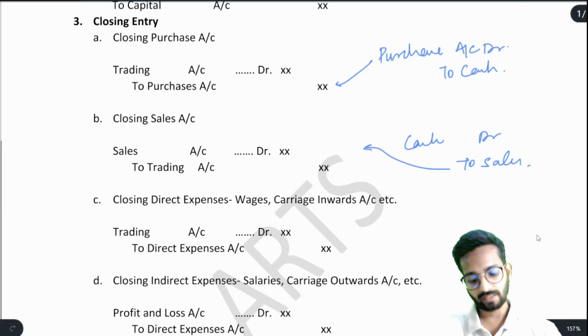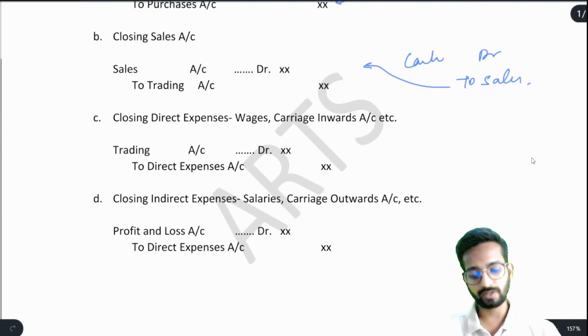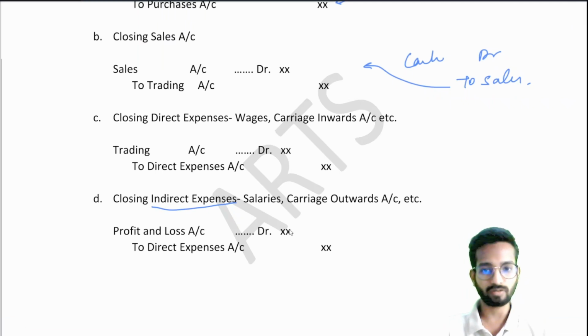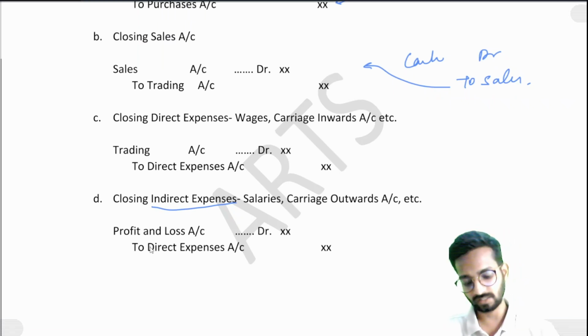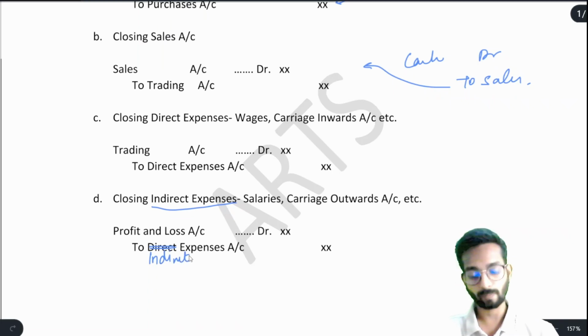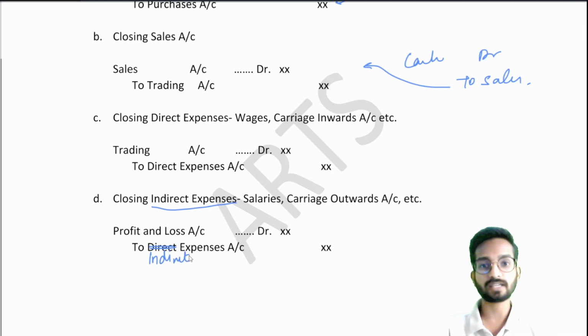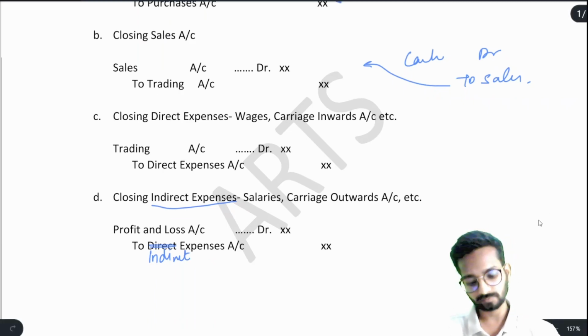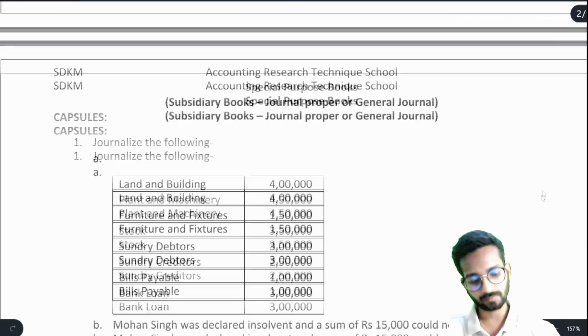Like this, when there are expenses, what do we do? Trading account debit to direct expenses. If the expenses are indirect in nature, then we will do profit and loss account debit to indirect expenses. It is not direct, it is indirect expenses. Direct and indirect expenses have already been taught in the basics of accountancy. You can go and check in that video. Now, moving further,